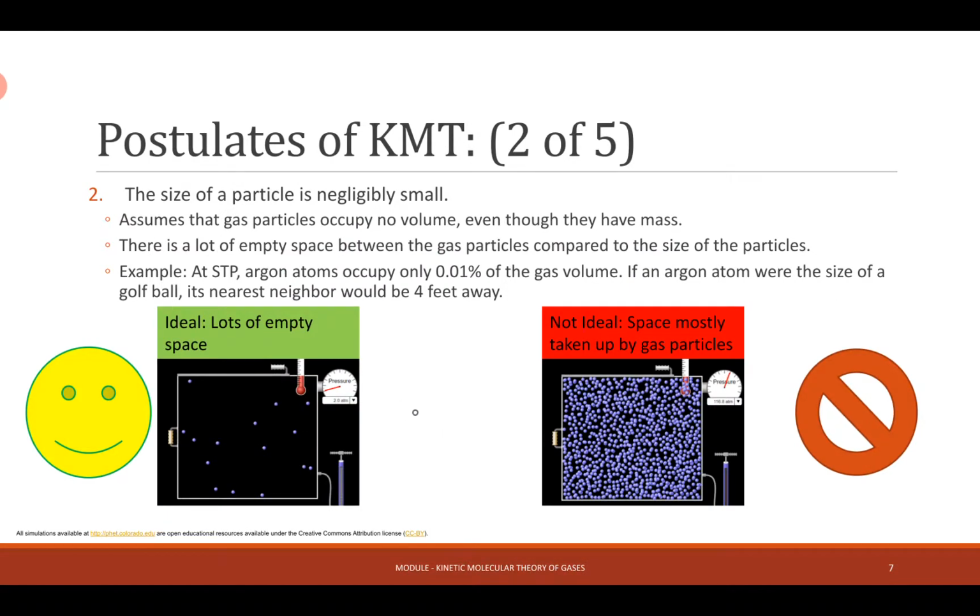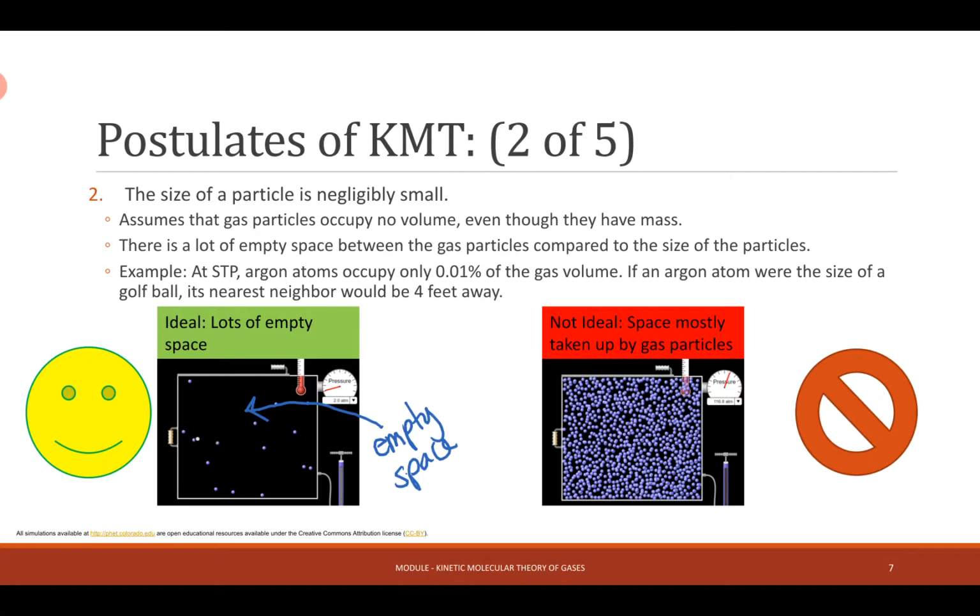The second postulate of the kinetic molecular theory of gases is that the particles themselves take up so little volume compared to the volume of the container that we can pretty much just ignore the volume of the particles themselves. So here in this picture, you can see that the container is mostly empty space. So all this black stuff is just empty space,